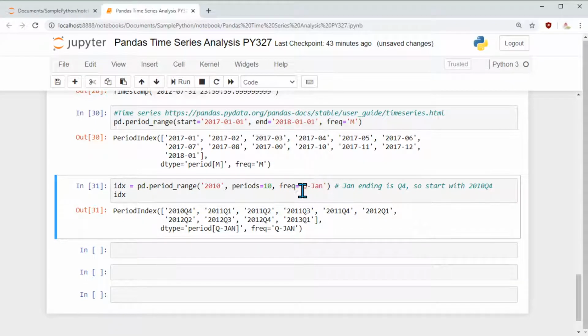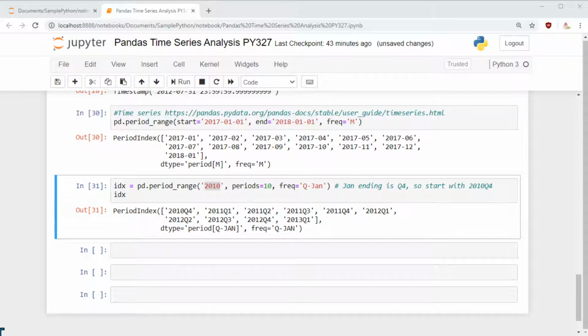The reason is the period ends in quarterly January, so that means it would have started in the prior month, the prior year, which is Q4. And we specified here this is for 2010, so it goes ahead and says 2010 Q4 is the first period, and accordingly it does all the calculation for 10 periods. So this is also something very neat which I like.